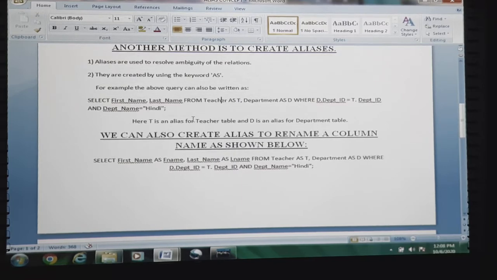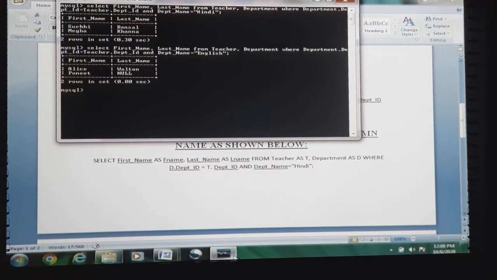So this thing we should always keep in mind, and then the final condition. Let us see the same task achieved using an alias. How? So select, sorry, spelling mistake.